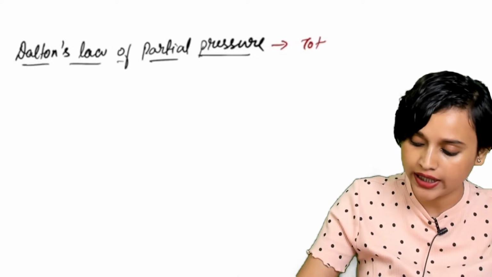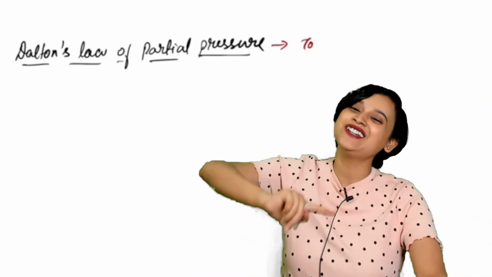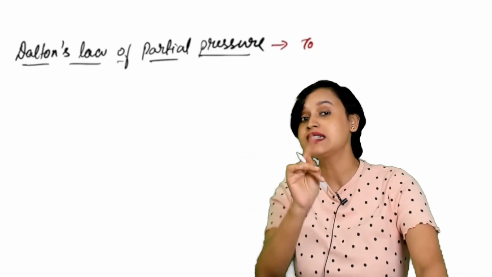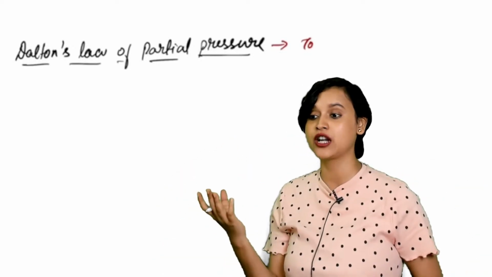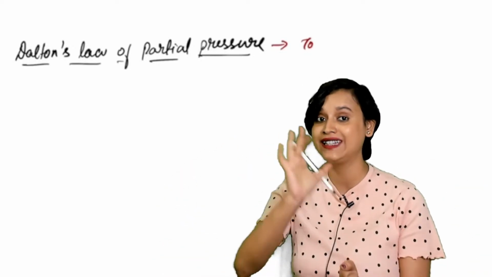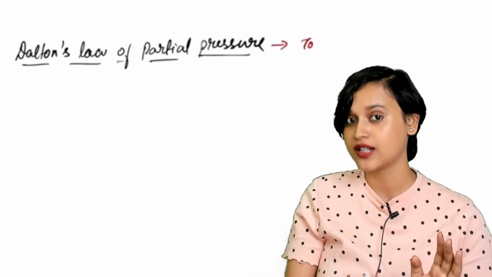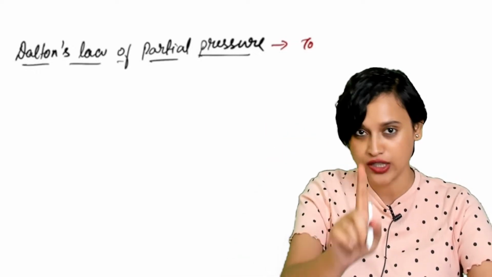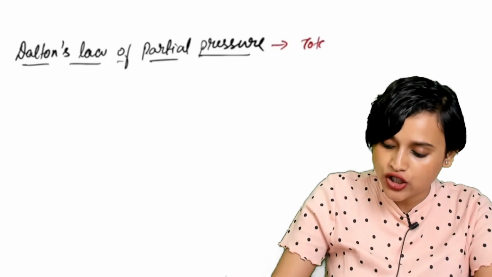This is there in your book again, and this is important. Why? Because you will be learning about it in your 12th standard solution chapter as well. In the solution chapter, we correlate it with Raoult's law. Dalton's law of partial pressure is correlated with Raoult's law, and there we have another derivation. So please do learn it right now, because it will be required in your 12th standard as well. From the solutions chapter, you will see another 4 marks in your JEE Mains. So total pressure, everybody.